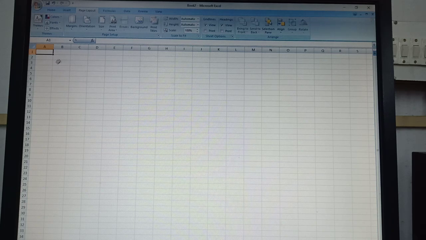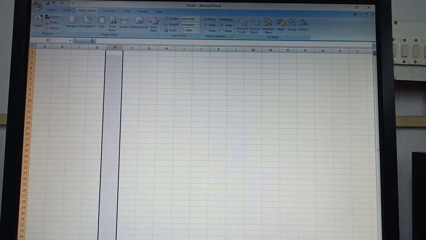I hope you understood. Now the next one is this A, B, C, D. This is known as the column header. The work of the column header is, once you click on any column header, the whole column gets selected. We don't know how many columns there are, but all of them get selected.